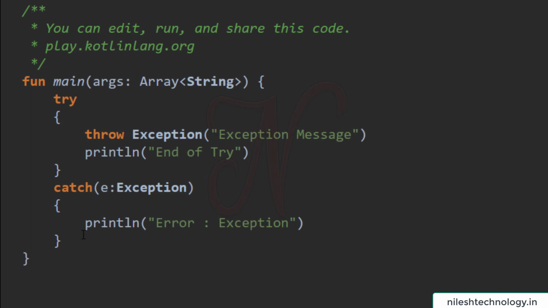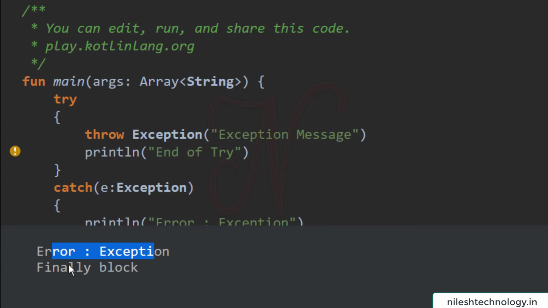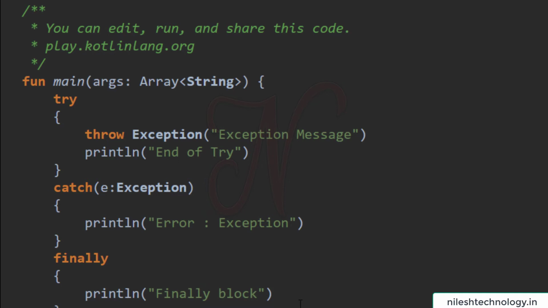So here we use the finally block, for example finally, and this is one message, println finally block. So see here, after running this code, this is the catch block error and this is the finally block error. So the finally block is executed whether the exception is handled or not.